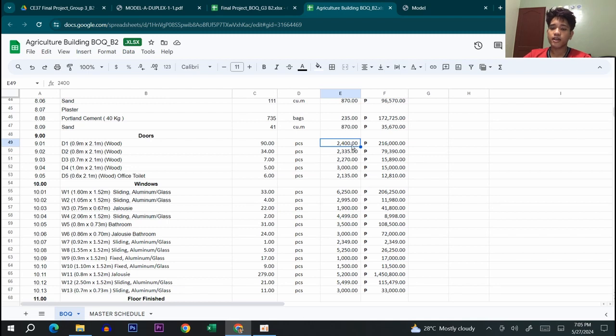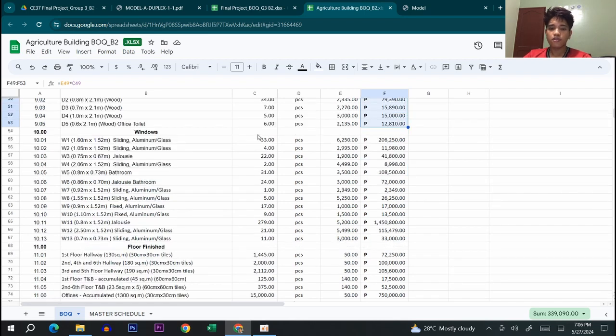The unit prices are as follows, as you can see here, from 2,400 down to 2,135, which will then give us these totals right here. So the doors with 90 pieces is 216,000 pesos. So for the windows,